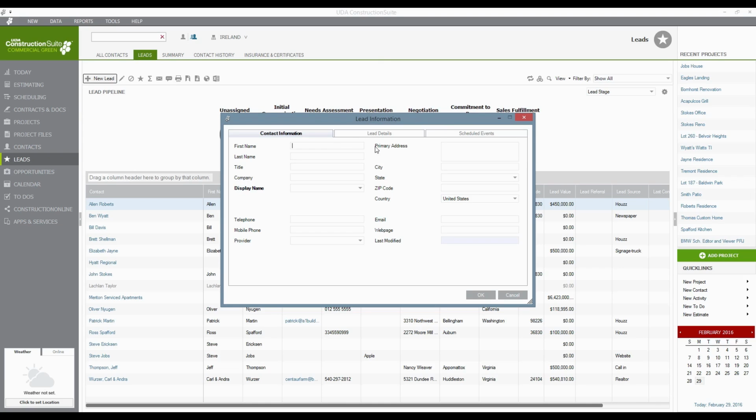Now, when you're putting together this contact for the first time, the more information that you enter into this particular screen, the more well-rounded it's going to be. The information that you're entering here into the contacts with the lead information screen is also going to be used to fill out contracts and proposals and other reports and everything like that too. So be as thorough as you can, just so that you don't end up leaving anything out. This would include address information,